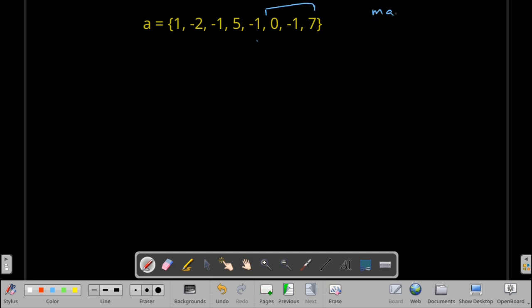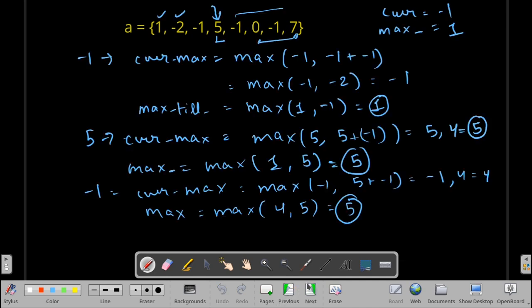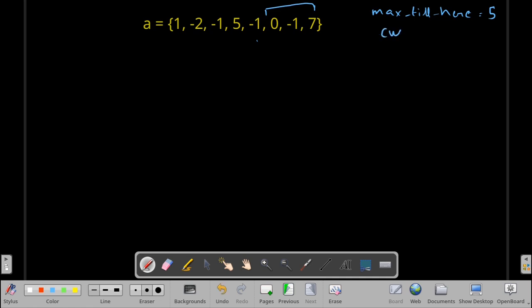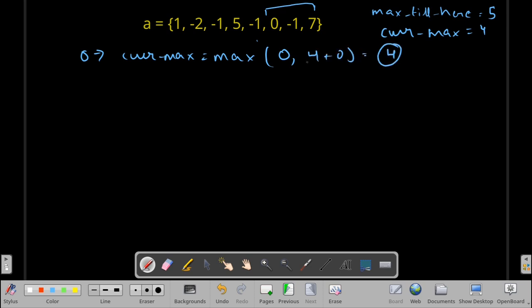So max till here was equal to 5, and current maximum was equal to 4. So for 0 we will similarly update current maximum equal to maximum of either this 0 or 4 plus 0. So we will have 4 here.